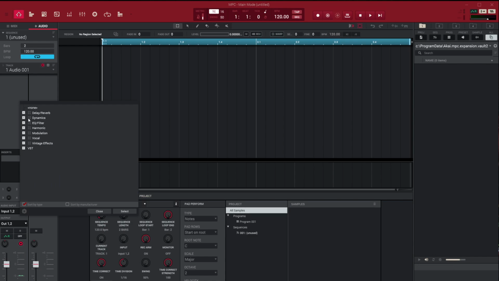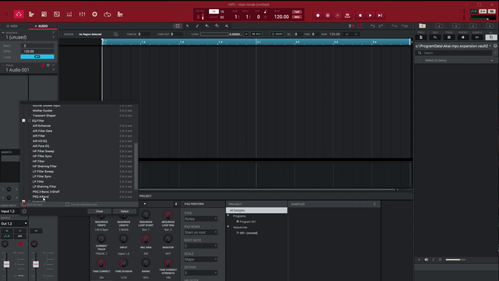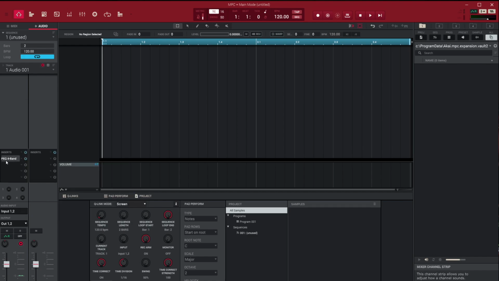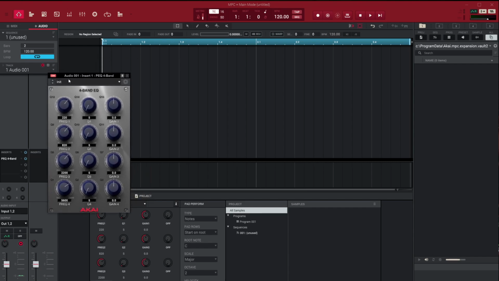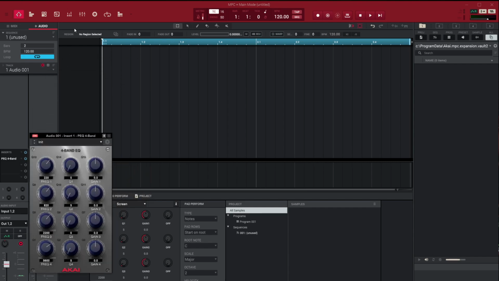Like whenever I go here and I go to dynamics, it's not even under dynamics, it's under EQ filter. If I go to like my 4-band parametric EQ, if I even said that right, you guys can laugh at me, that's cool. So you got this thing here, and then it looks like this. I kind of get what's going on and everything like that, but to do that, you almost have to look up like a cheat sheet on what the different frequencies are and where they live and everything like that,